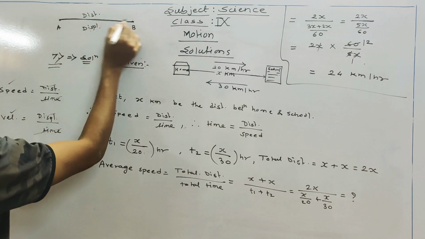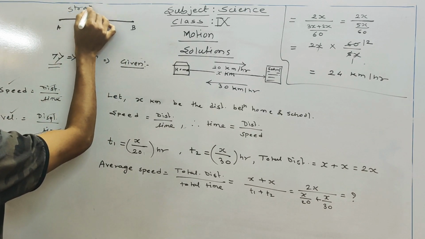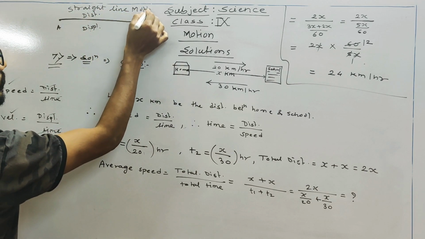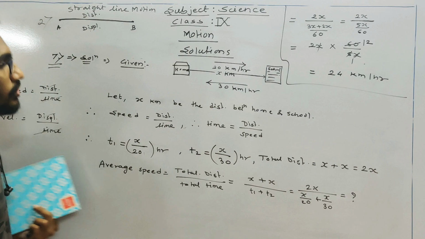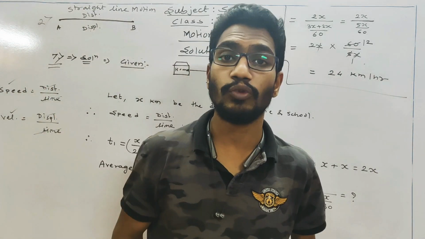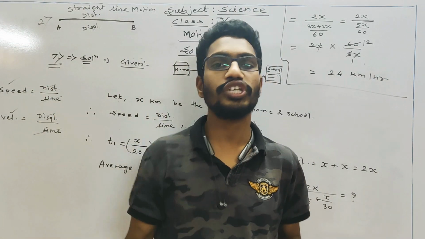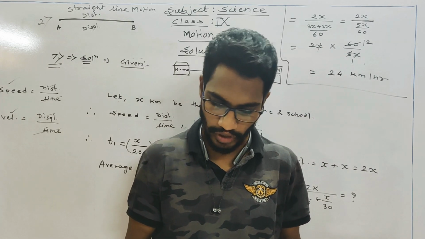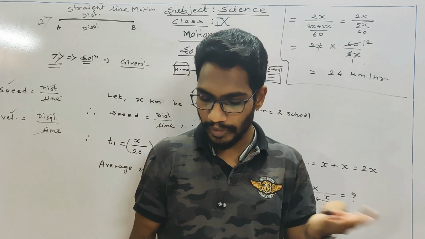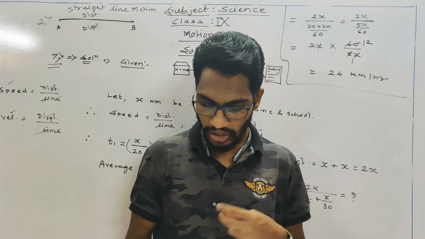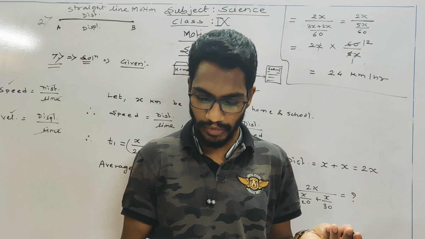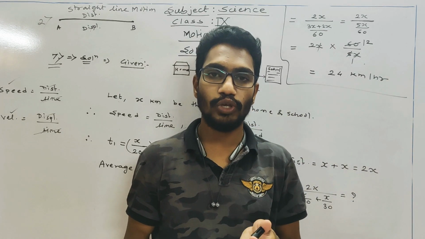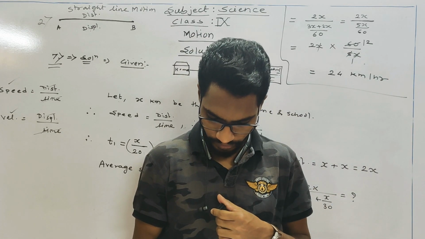So when the object is in straight line motion, this is the answer for the second question. When the object is in straight line motion, its distance is equal to displacement, therefore velocity equals speed. Distinguish between speed and velocity, you can easily write that. What is the nature of the distance time graph for uniform and non-uniform motion? Uniform motion is a straight line, non-uniform motion is a curved line.